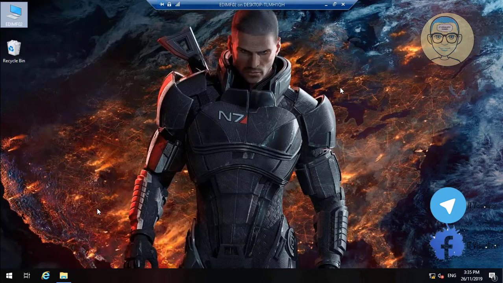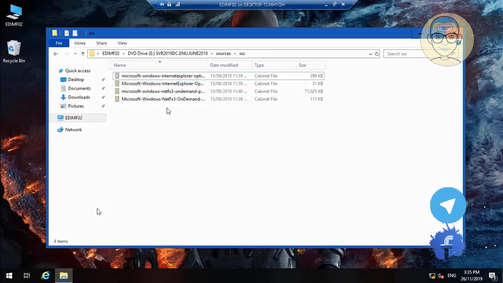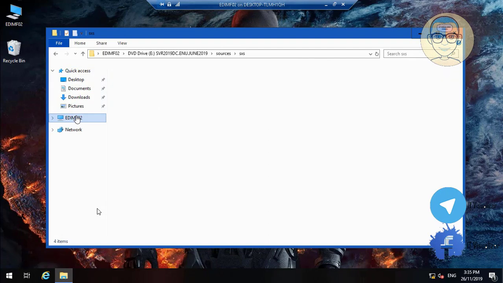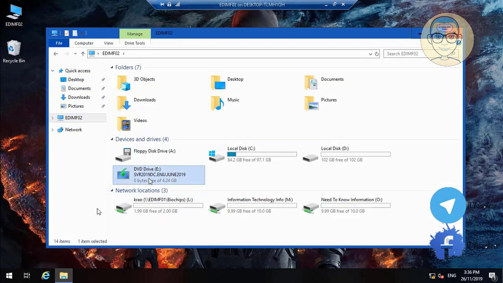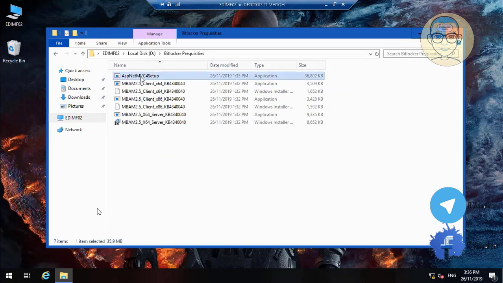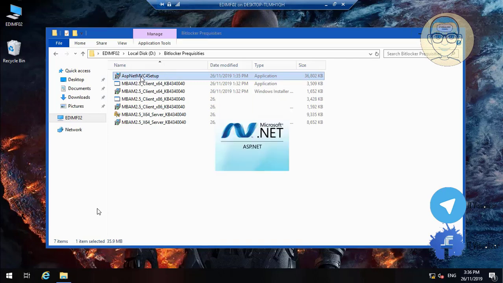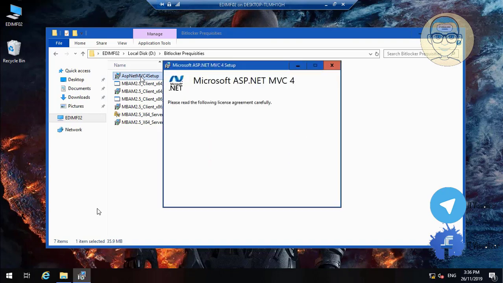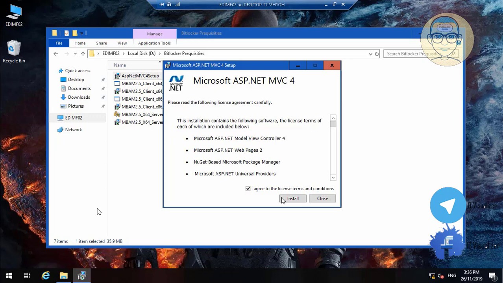So now we need to install the ASP.NET, and then after that at the end we will install the SQL 2016 database that the MBAM software will use. So here the prerequisites have already downloaded the ASP.NET and the MBAM clients and MBAM software. So this folder contains the ASP.NET MVC software, and it contains also the MBAM software. So you install the Microsoft ASP.NET, install,